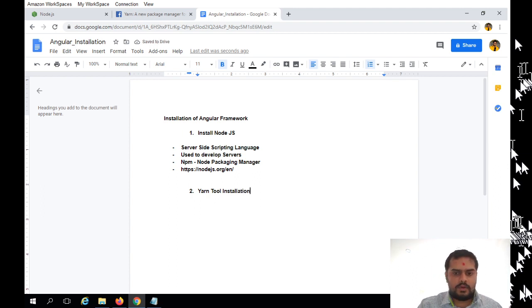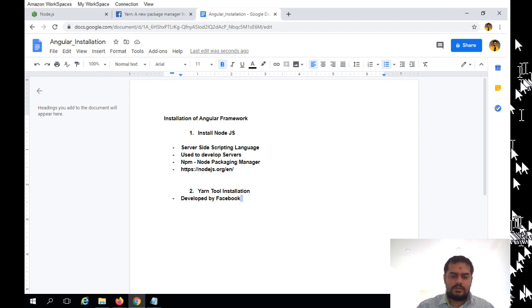This is a very important tool. It's like a package manager for the scripting language JavaScript. It was developed by Facebook, and